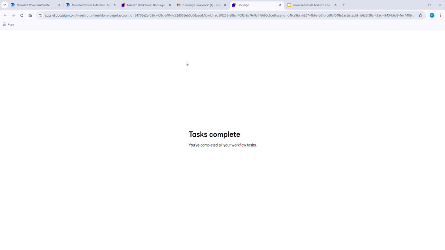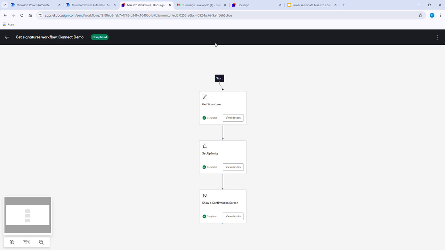Now if I go back to my Maestro workflow instance, we can see the workflow is completed. This means the connect should have posted an update to my webhook. So let's go to the webhook